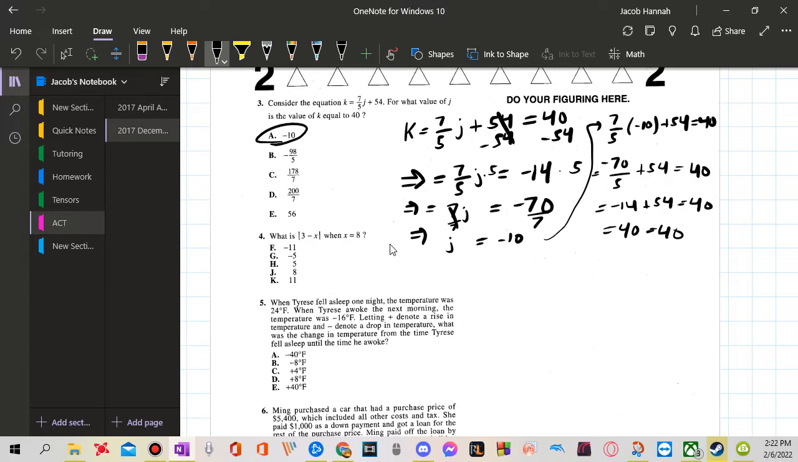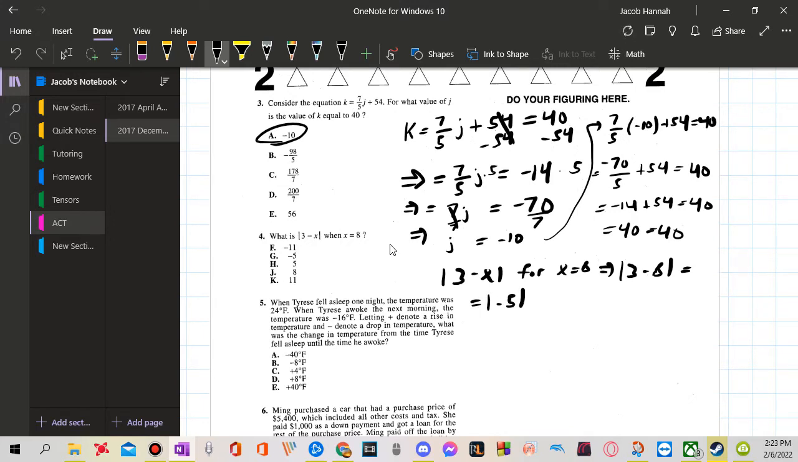What is the absolute value of 3 minus x when x is equal to 8? So absolute value means the distance from 0 of the number inside. Let me just write it out: the absolute value of 3 minus x for x equals 8. Just plug in x, so the absolute value of 3 minus 8 equals